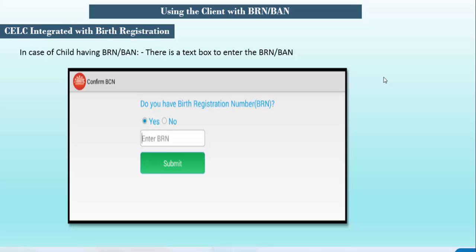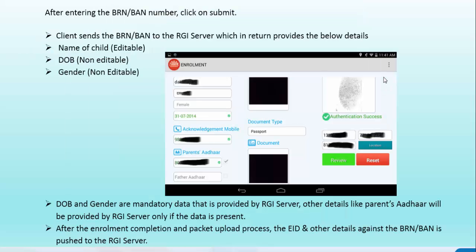BRN means birth registration number, BAN means birth application number. If you know those numbers and it is integrated with the RGI software, you can just enter the BRN number, click the submit button, and the children's details will be auto populated from the RGI database.